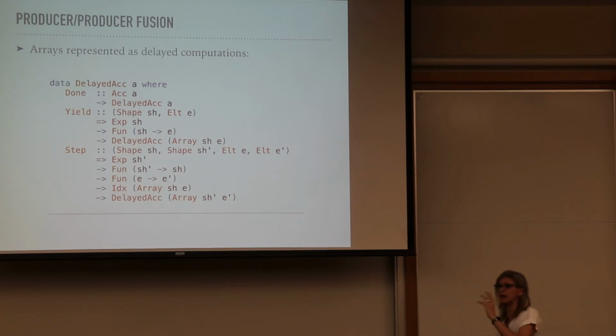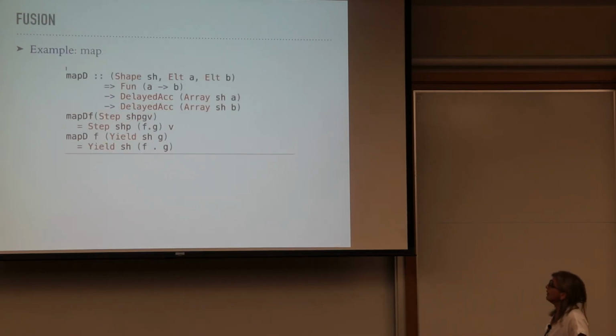And as I said, this idea of keeping the delayed representation around is really old. Then the implementation of the delayed map: it gets a delayed array, and then it just,